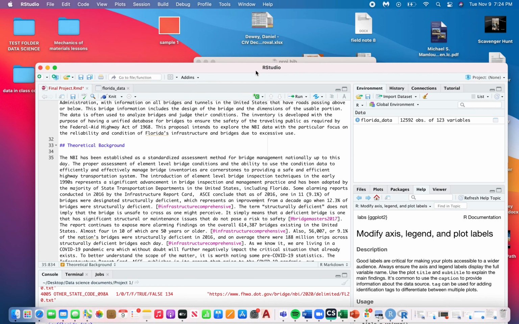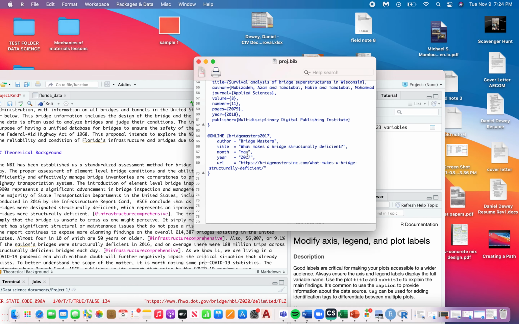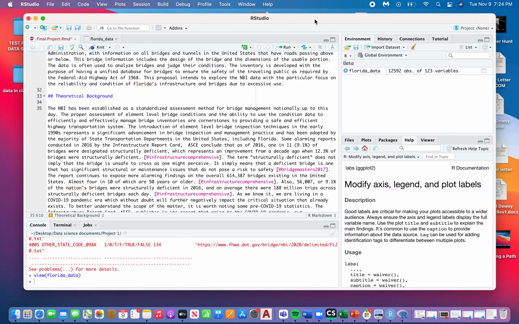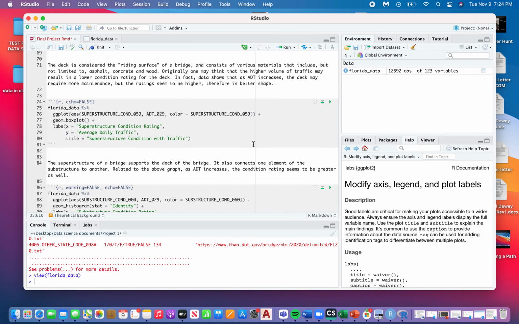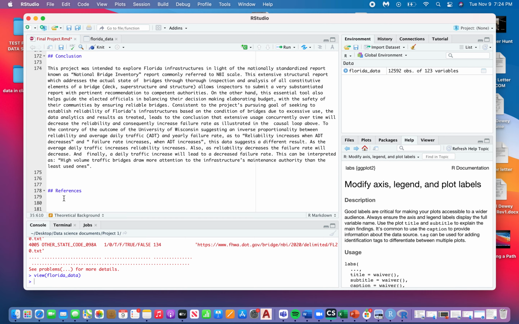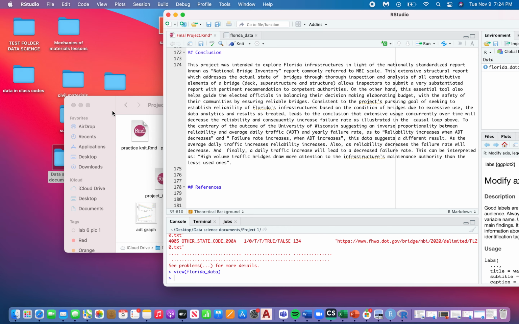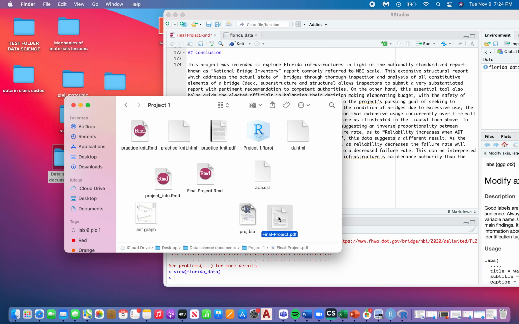You can actually call these anything that you want. I could just call this Bridge, but it has to be the same name in RStudio. So if you notice, if I go all the way down, I don't actually have anything written under my references. So when I go into my final project knitted document,